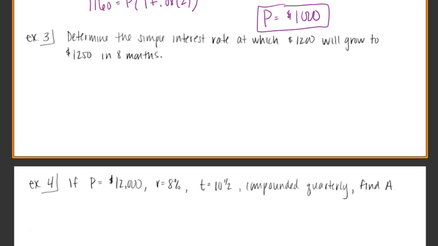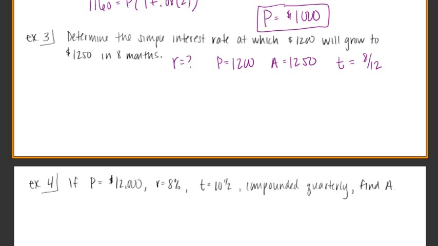We want to determine the simple interest rate. So this time we're finding R, at which $1,200 is going to grow to $1,250 in 8 months. Okay, so we're starting at $1,200. We want to finish at $1,250, and we know it's going to take 8 months, or 8 months out of